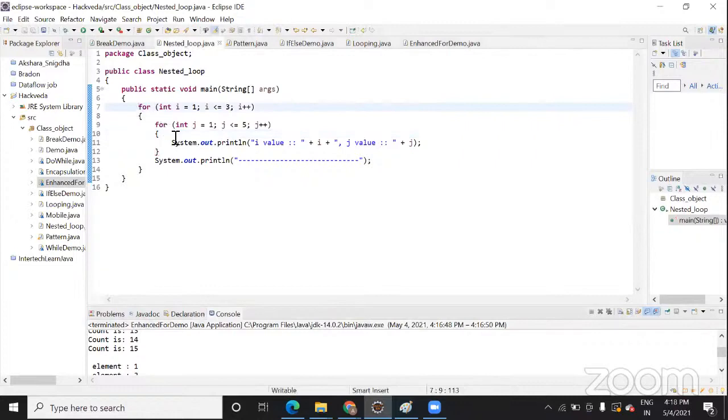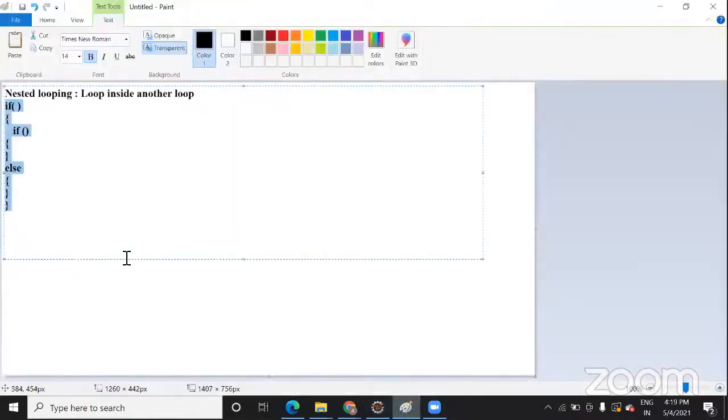Now in this you can add multiple conditions, like an if condition, a nested condition. Actually my motive was to show you both nested condition and nested loop, but you are already aware of that, so I think we can ignore it and focus on the nested looping part. In that nested loop, let me take it from scratch.